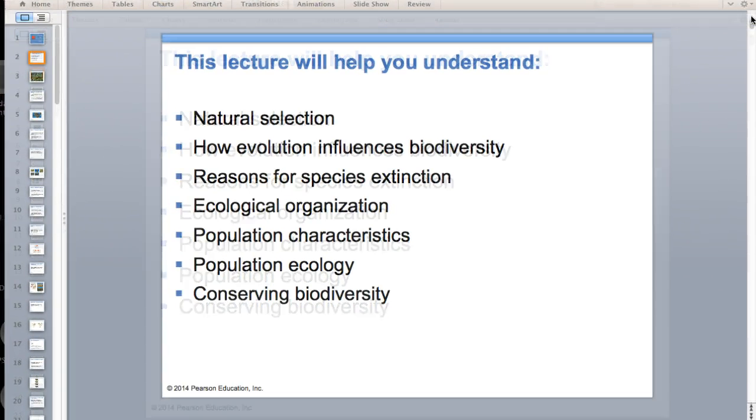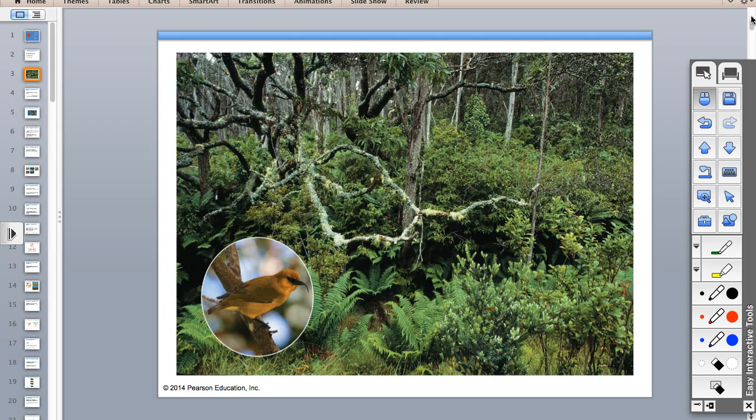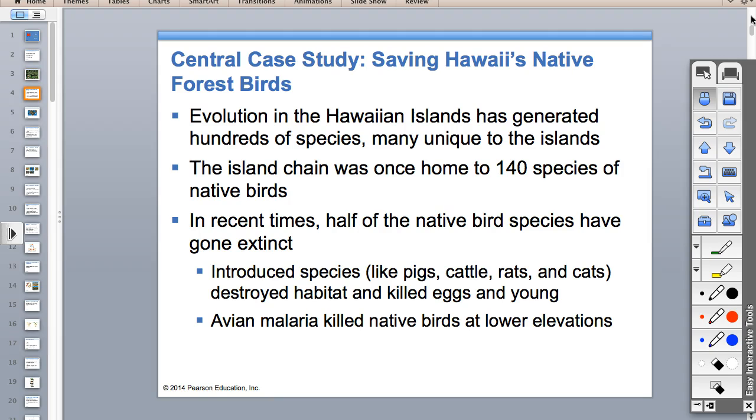Okay, so this first chapter was about natural selection and evolution and ecology. And so the case study was these little birds of Hawaii. When we are talking about islands like Hawaii, an isolated area, you're going to have a lot of what's called endemic species. Endemic species are only going to be found in this small area. They're only native to this one little part.